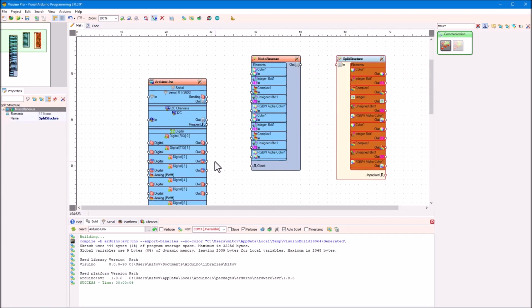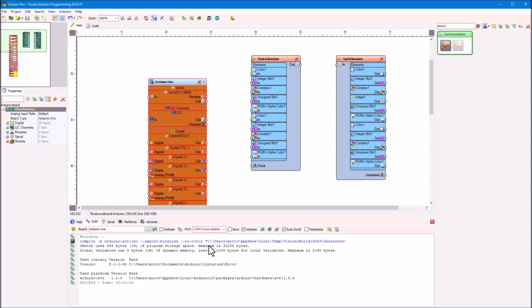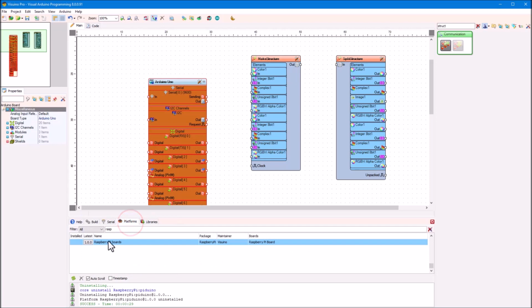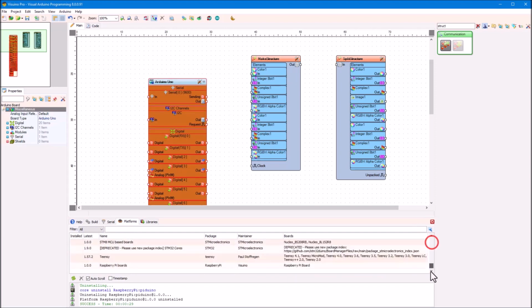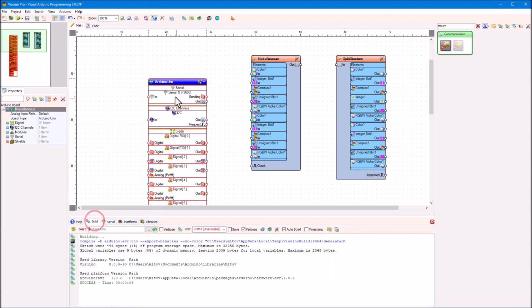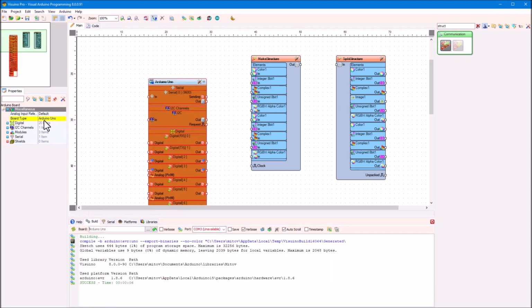Next, I have also made it easier to install support for Raspberry Pi. Traditionally, you had to install your own platform for Raspberry Pi. Here, however, I have already uninstalled the Raspberry Pi platform, and as you can see, first of all, it is listed under the platforms, something that was not available before. And second of all, when I select a board type of Raspberry Pi,